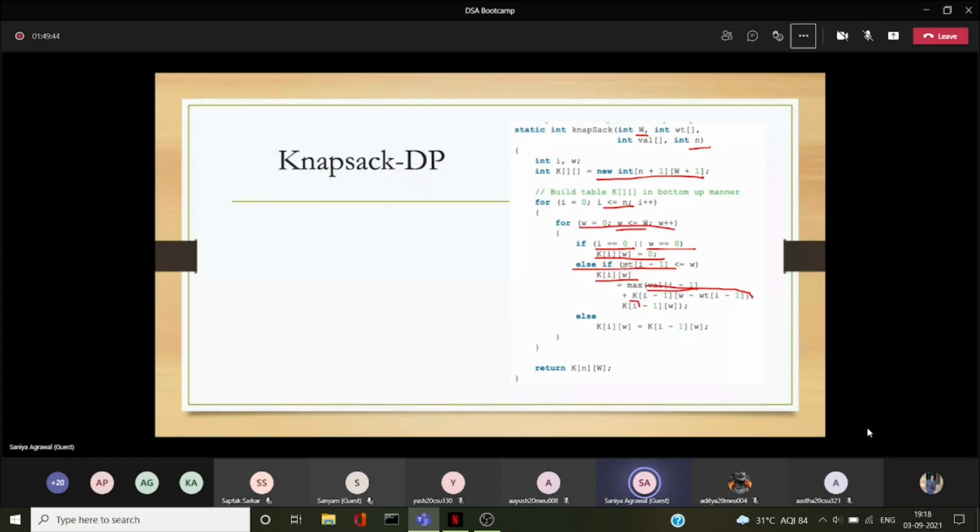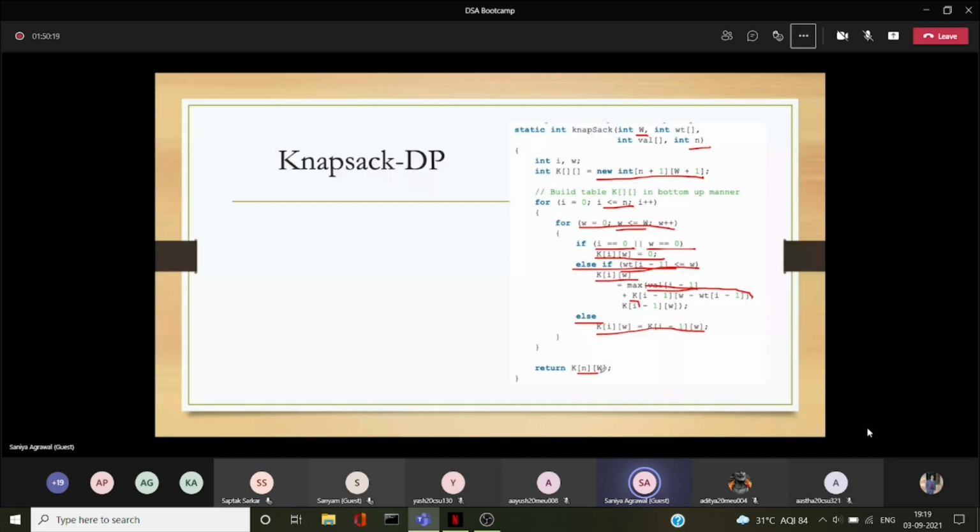So this was our condition where the weight is less than the capacity. But if it exceeds the capacity, then we cannot take that item. So it will be just I minus 1 comma W. We are just discarding that item, and the maximum value will be taking that total weight as W and I minus 1 items, and we'll just assign I comma W to K of I minus 1 comma W, and our final array will store